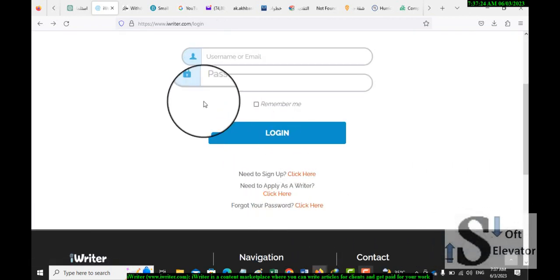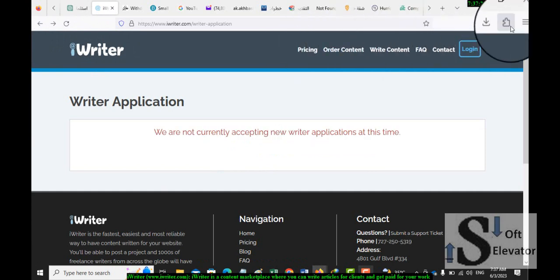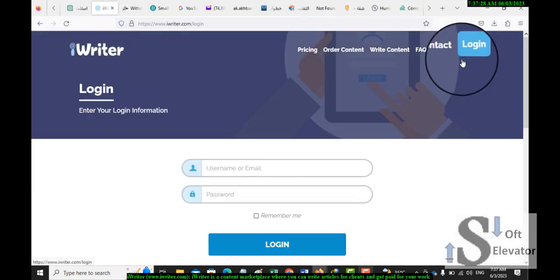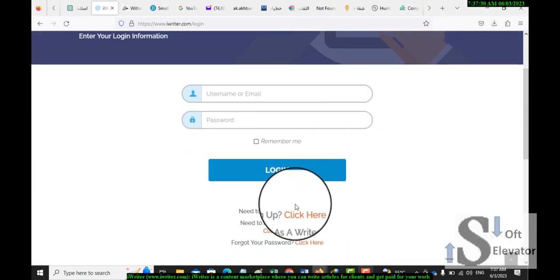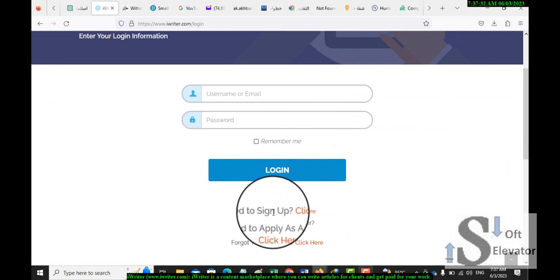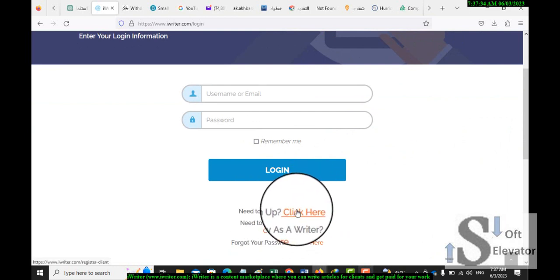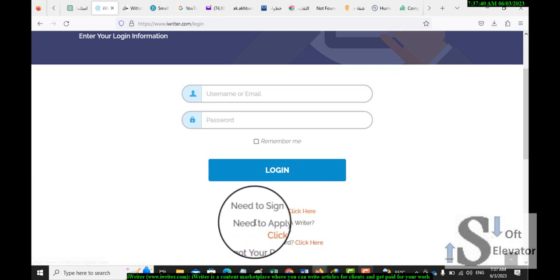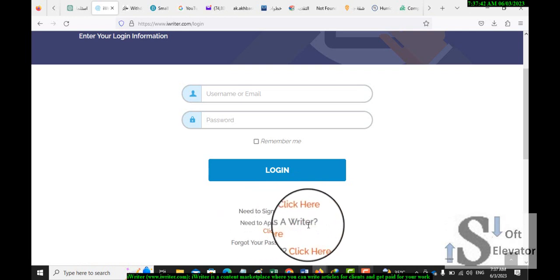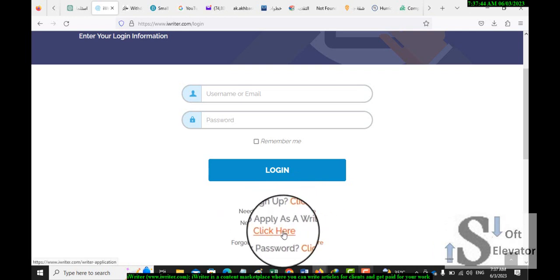Or from here you can log in, and instead of signing up as a customer who needs writing for websites or any types of writing, you can apply as a writer. Click here. Okay,